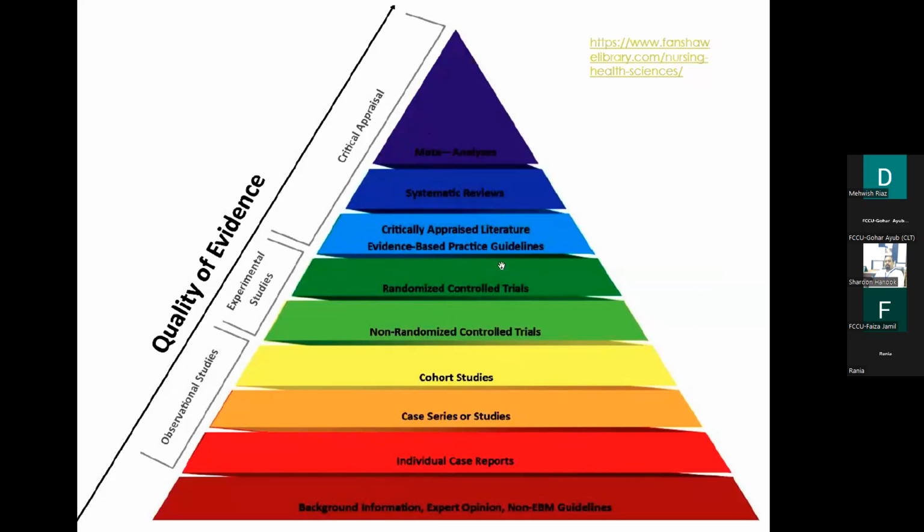But the thing is, in meta-analysis and systematic review, we make use of the existing literature. We use the randomized control trial to carry out the meta-analysis. We carry out non-randomized control trials to carry out the meta-analysis or systematic review. So though they present us stronger evidence, they are based upon the studies which are replicated at different places. Like we carried out this study in Pakistan where we tried to look at the effect,